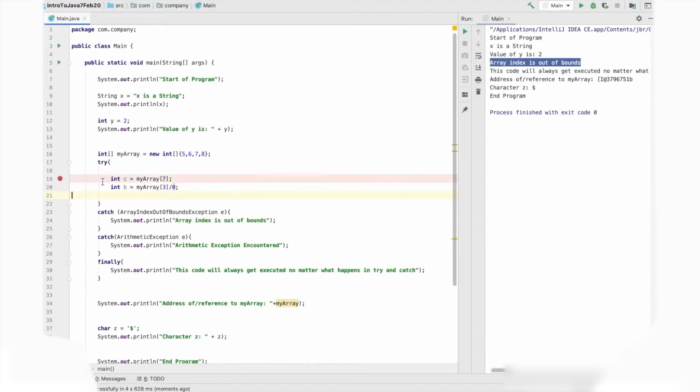Because, again, as we explained before, whenever we encounter an exception, the try block exits right at that point and does not execute anything after that point in the try block. Great. So it encountered the exception here, created the exception object, and threw it. It came here and saw that this is indeed an array index out of bounds exception, and this block is catching that exception. That is why it enters this block, prints array index is out of bounds, and then goes directly to the finally block, prints whatever we have in the finally block, and then goes about executing the rest